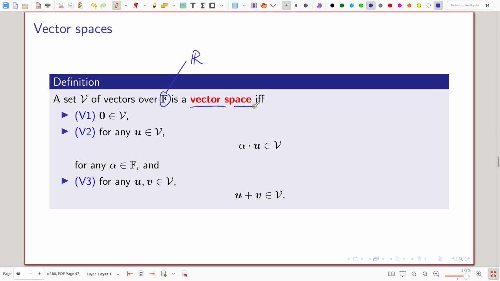Why do we need to talk about vector spaces? We can manipulate vectors, but sometimes we would like to see the set of all possible vectors that we can generate, or sometimes we would like to think about what the possible inputs are. Those are the set of inputs. So we need to have some way to talk about all of them. That's what we call a vector space.